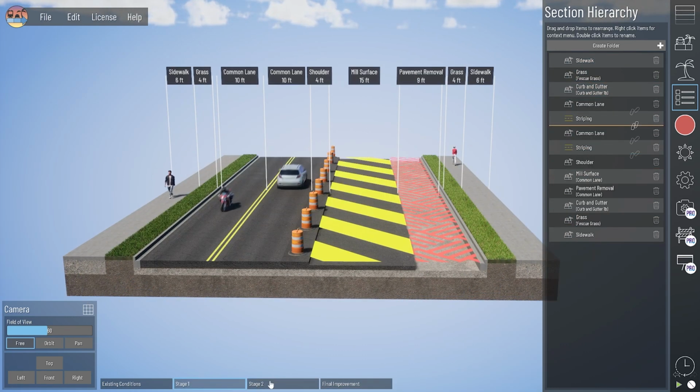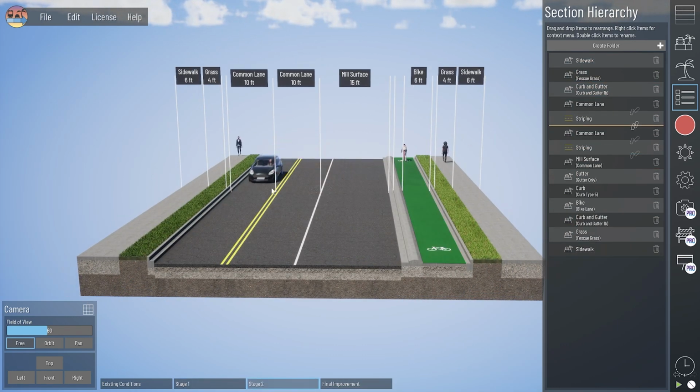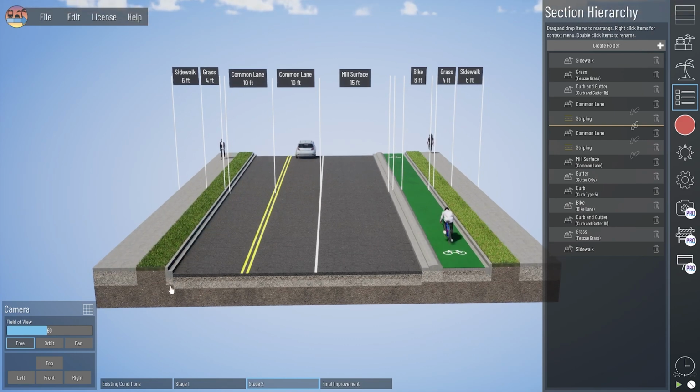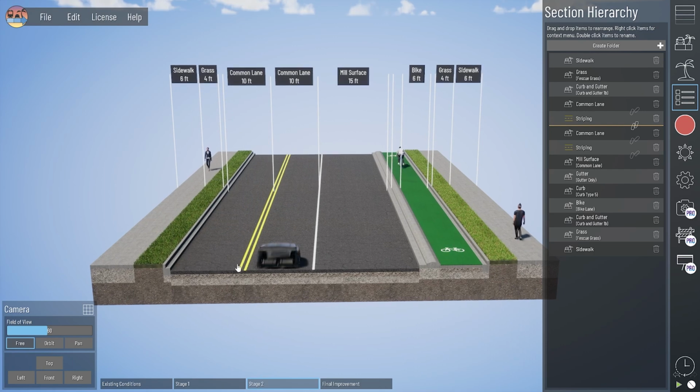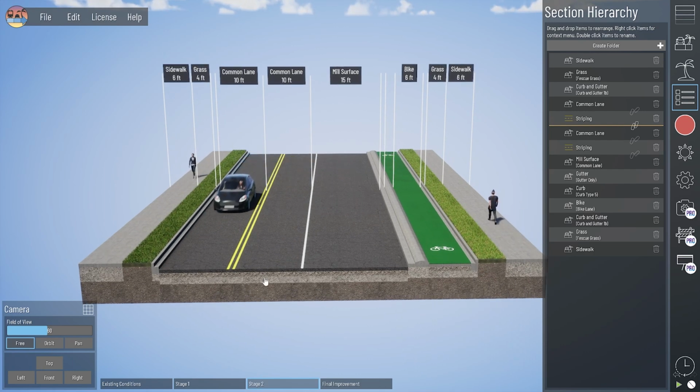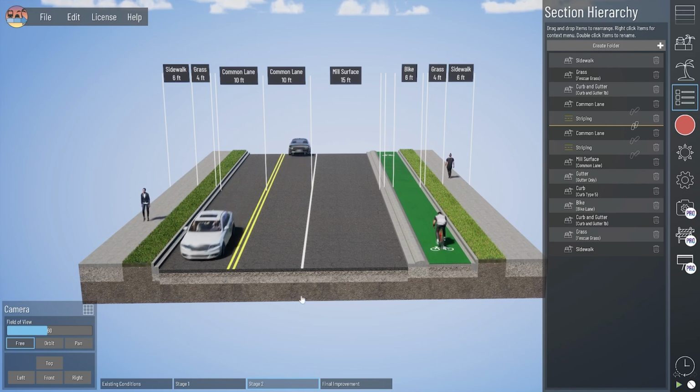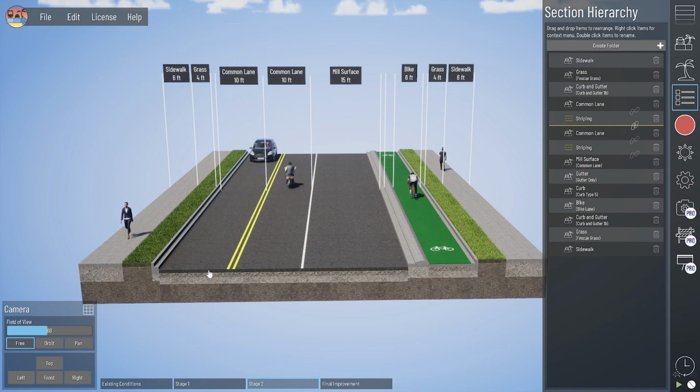There we go. So we've raised up all those other elements. You'll see here in this stage with the mill and overlay, we've got this minor differential in subgrade. That's a trade-off I'm willing to make to have the rest of these phases look consistent. We've got traffic driving on these lanes. We've got our striping back, and now we can start adjusting those widths to show the construction of the bikeway